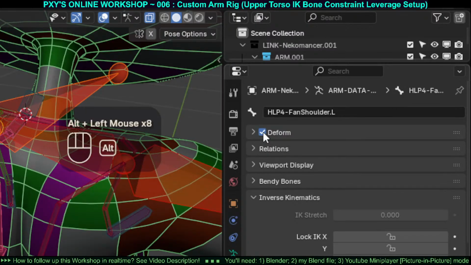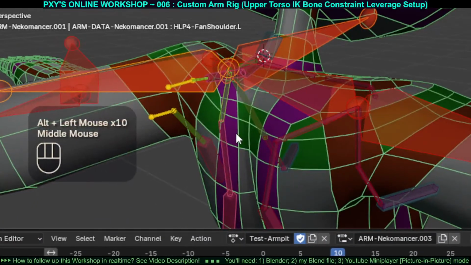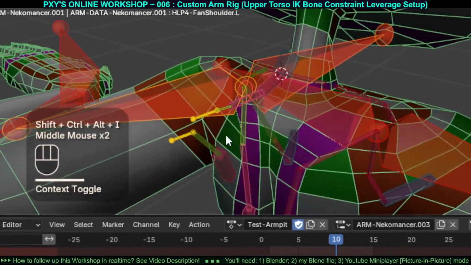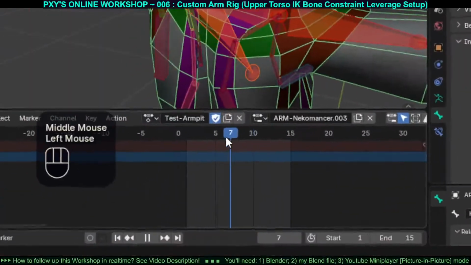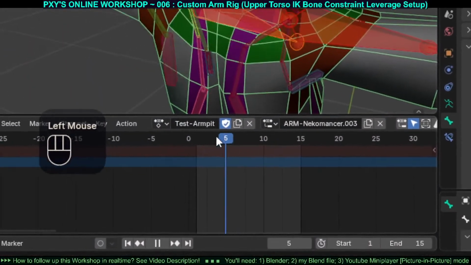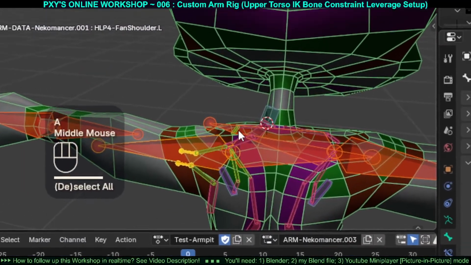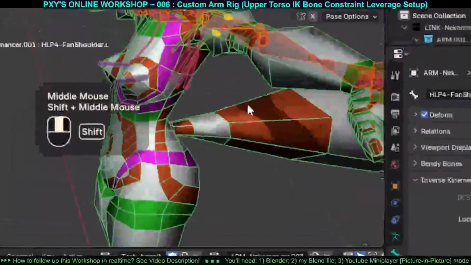Yeah, without deforms, with deforms, without deforms, with deforms. We can do way more, but you see, this is a good concept, I think. This shows that we can use the IK bone constraint, famous for the control rig, but we can also use it for the deform rig in ways that we can